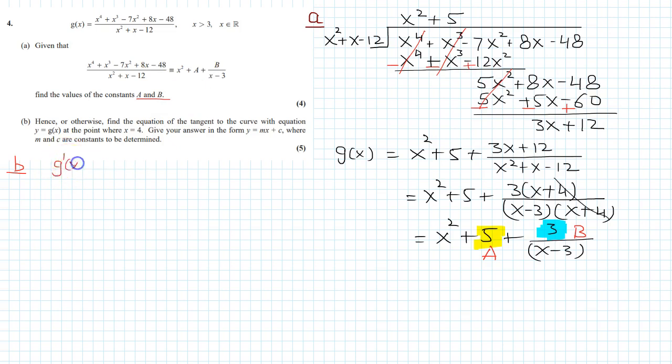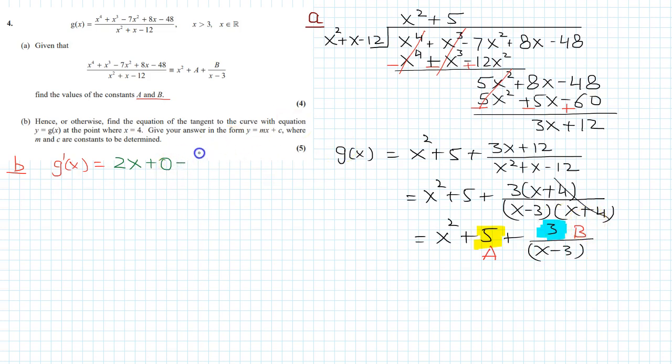So g'(x): the differential of x square is 2x, plus 5 is 0, and this will be (x minus 3) to the power minus 1,